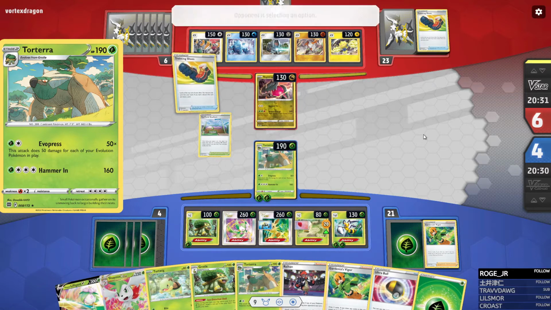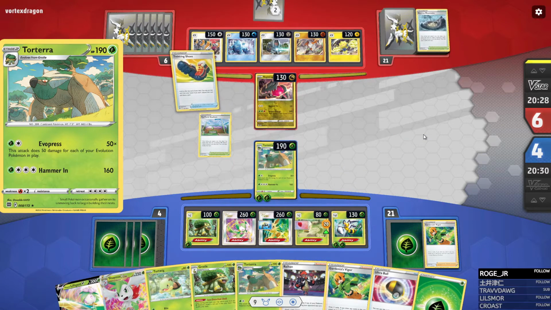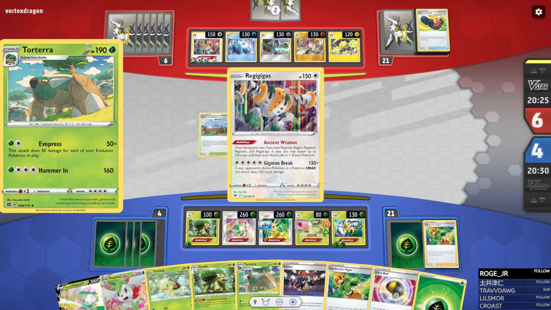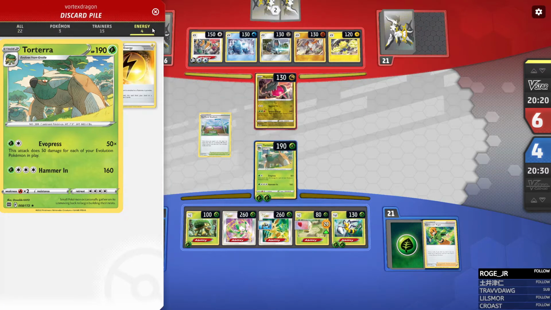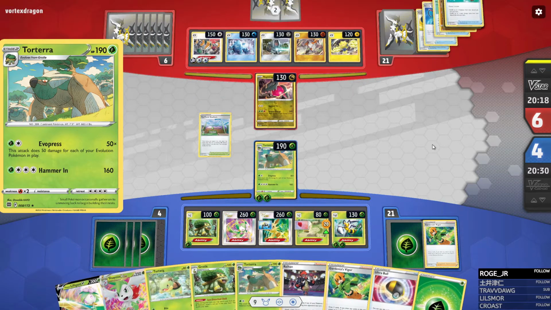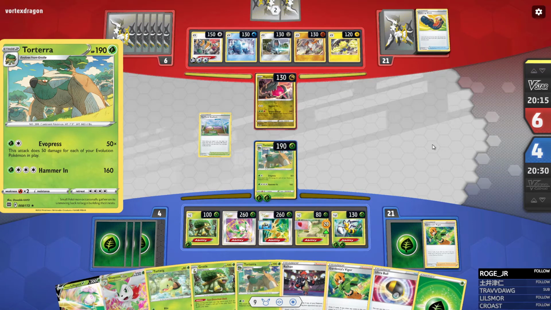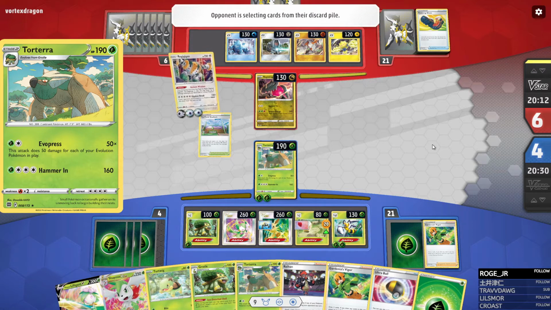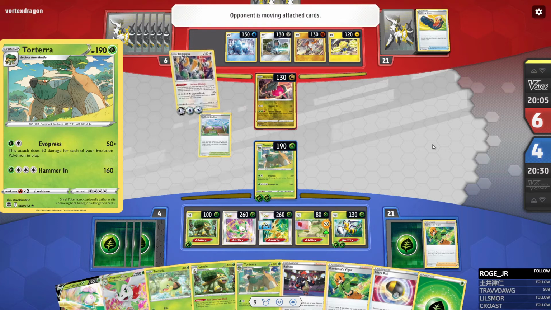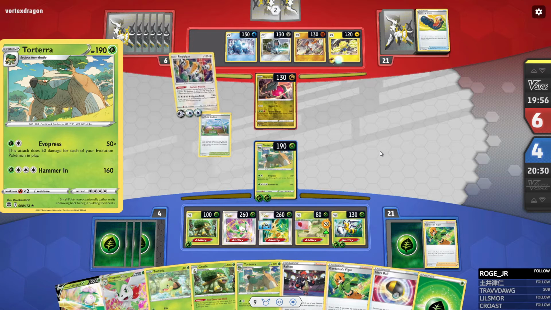Especially when your opponent just gets nothing. I think the only way they can take a knockout is with the Regigigas. Oh no, they have to do it with the Regidrago. And they do have it. Okay, that's unfortunate, but yeah, so they'll take a knockout with the Regidrago. I always say Regi. They'll take a knockout with the Dragon Regi. I will have to attack with my Torterra again, but that's fine because they're all weak Pokemon. The Leafeon...